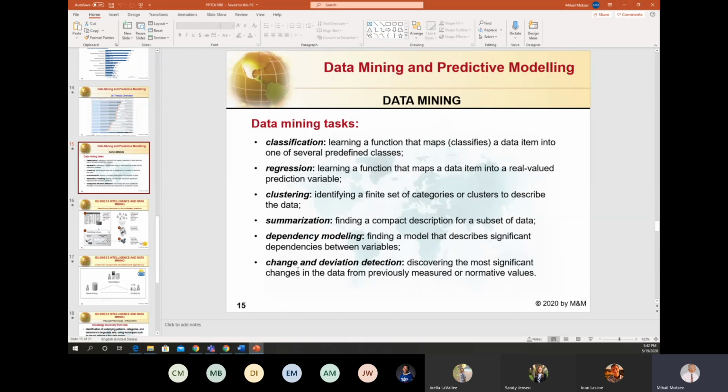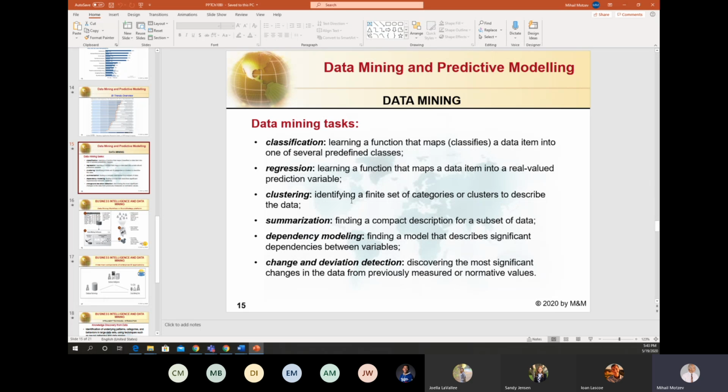And the goal, of course, is assisting in making better decisions. That means this general data mining task that exists a long time ago also involves some prediction, especially in regression analysis, in dependency modeling, in change and deviation detection. And as I mentioned, the new step here is to automate all these processes, all these existing techniques.